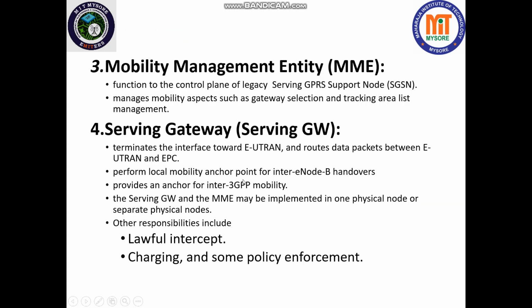It performs as local mobility anchor point for inter eNode B handovers from one base station to another base station. Handovers are taking place, right? That is performed by serving gateway. It also provides an anchor for inter 3GPP mobility.